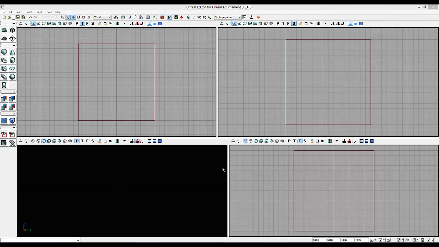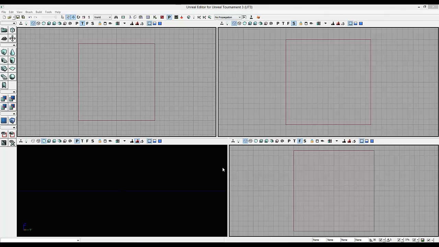But I was thinking that this is going to be a two-episode series tutorial, just me working in the Unreal Editor 3 and showing you guys how it works. These two tutorials are just going to be some basic stuff. In this tutorial, I'm going to make a basic level and talk about the interface, just some basic stuff. And in the next tutorial, I'm going to make a